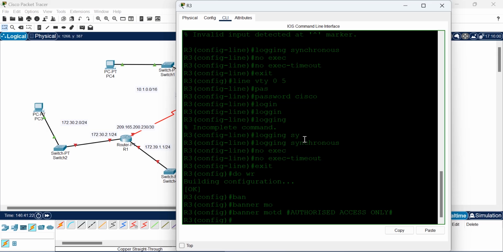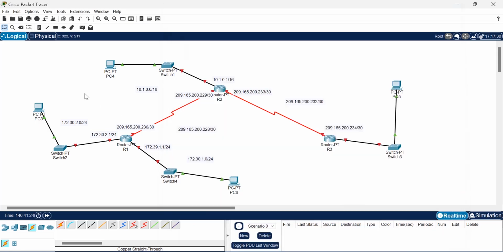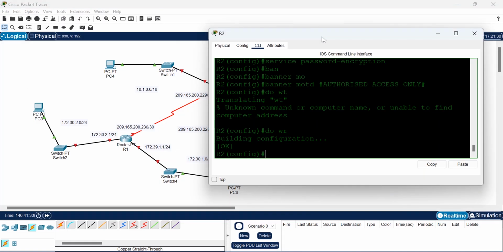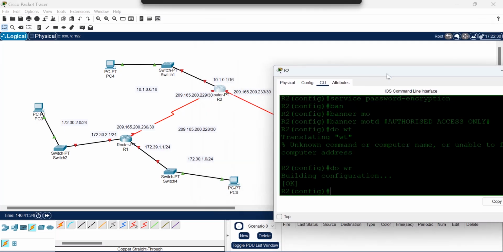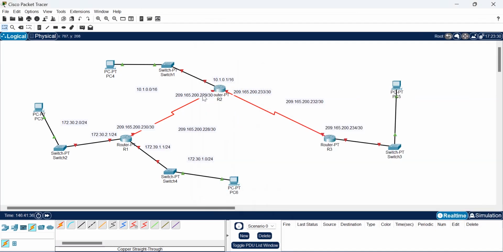Good. And we save that. So we are going to configure IP addressing on the interfaces. Okay. We start with router 2. We have these two serial interfaces and this LAN interface, the first Ethernet interface. So we have first Ethernet 0/0 and then